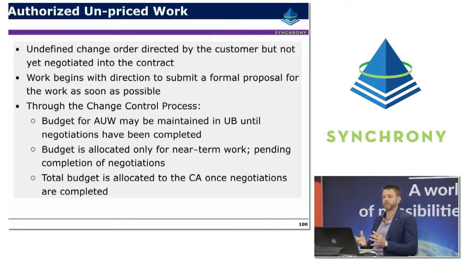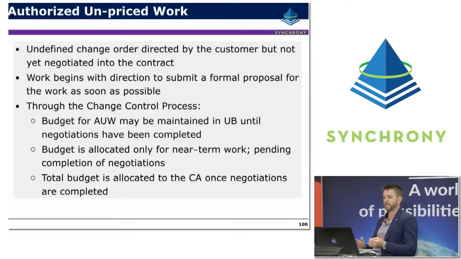Typically this will be done through the change control process, and ideally there is an initial budget given for the actual preparation of the proposal itself. By allocating a budget, it helps keep your overall baseline equal, so you are actually assigning value to that preliminary work. And the idea is that once the proposal comes in and is approved, it should then become part of the performance measurement baseline as well.